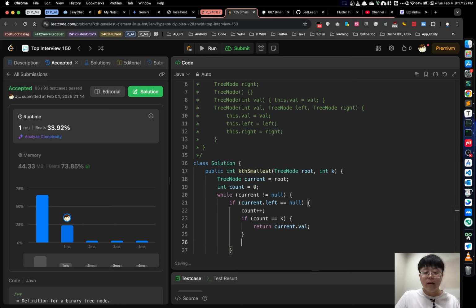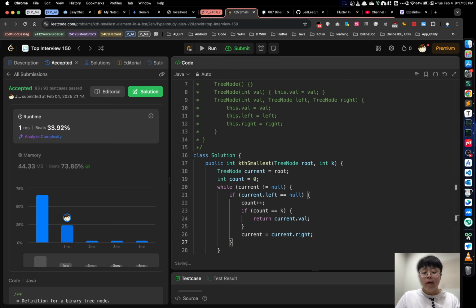Then we'll check if the current node has a right subtree. If so, we'll move the current node to the right subtree to continue this traversal. Otherwise, the current node needs to backtrack to the next in-order node by a temporary link. For these two situations, the code is the same, which is current equals current.right. And on the other situation, if the current node has a left subtree,